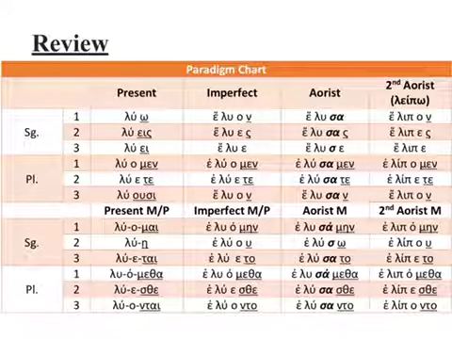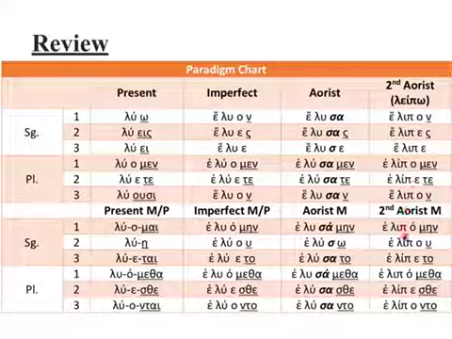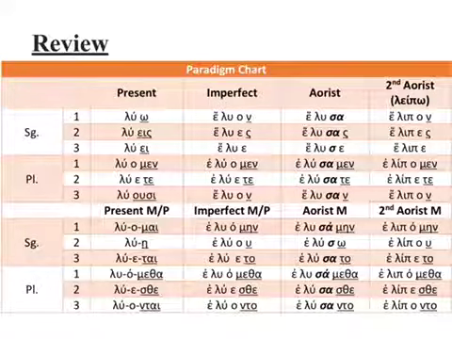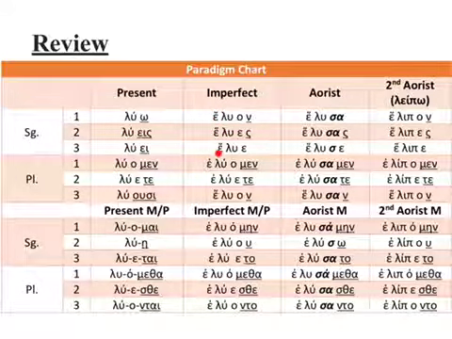But the second aorist, if you're looking on here, looks pretty much exactly the same as the imperfect. You have the past tense and whatever the person number suffix is. The only way you can really truly know what a second aorist is, is either if you know the word or you look it up. So that's really the only two ways you can know. That kind of makes it so that with the imperfect, you have to look it up too to make sure it's not a second aorist, if that makes sense. Does that make sense?